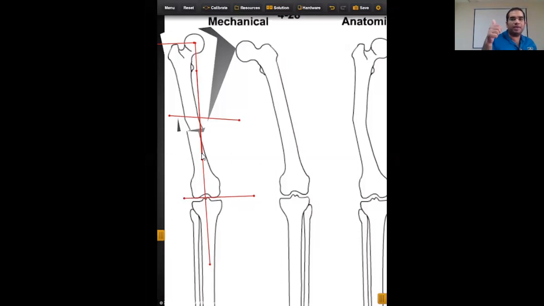Rule 1 osteotomy: the osteotomy and the hinge are at the ACA. Rule 2 osteotomy: the osteotomy is away from the ACA, but the hinge is on the ACA. Rule 3 osteotomy: neither your osteotomy nor your hinge are on the ACA. So these are the three osteotomies. Rule 3 osteotomy is a not-to-do osteotomy. You never do a rule 3 osteotomy. Keep this in mind.